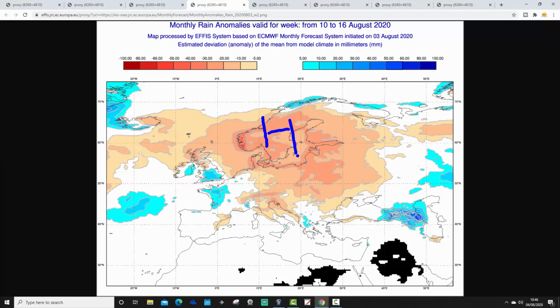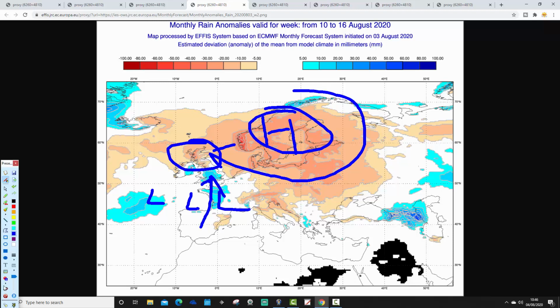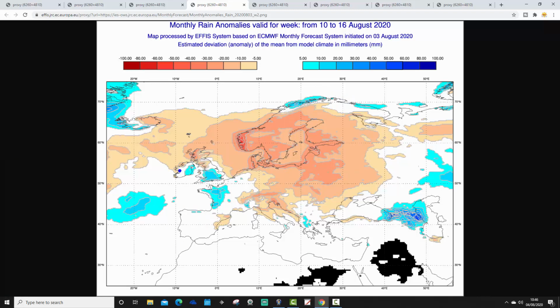So you've got the high going up to Scandinavia, Scandinavian high dominating up here, bringing very warm easterly winds across much of Europe, but we could be getting a thundery low developing around here and moving northward. So possibly very warm, possibly hot across France and into the UK, but also thundery as well. Further north into Scotland, it looks drier than average through there. So this could be indicative of a bit of thunder across particularly England and Wales, and also northern parts of